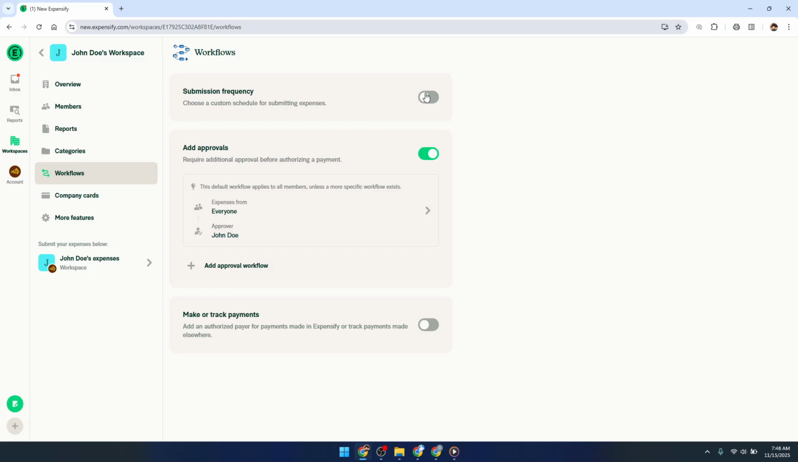And there you have it. By following these steps, you can successfully turn off the auto submit feature in Expensify. This gives you more control, allowing you to submit expenses exactly when you deem appropriate. Remember, managing your settings like this ensures that your expense reporting aligns with your personal workflow or your company's reporting protocols. I hope this guide has been helpful and you're now able to take charge of how your expenses are